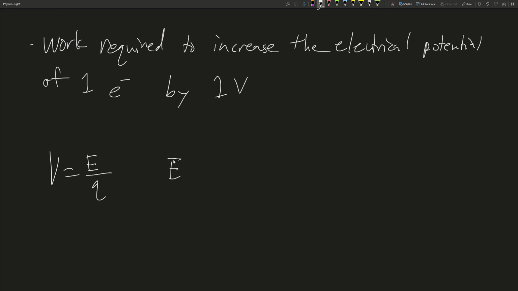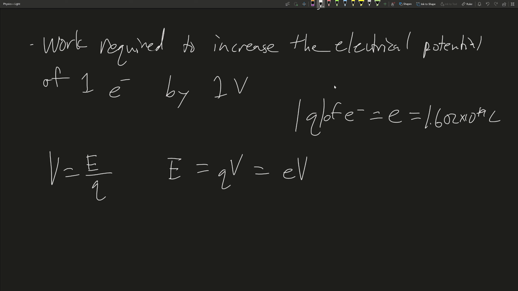And so energy, which is our unit, is equal to charge times voltage. And now the charge of an electron is equal to e, which is the elementary charge, or it's really equal to negative e. But the magnitude of the charge of an electron is equal to e, which is equal to 1.602 times 10 to the negative 19 coulombs. So this is the magnitude of the charge of an electron. So to increase the electrical potential of an electron by 1 volt, we need